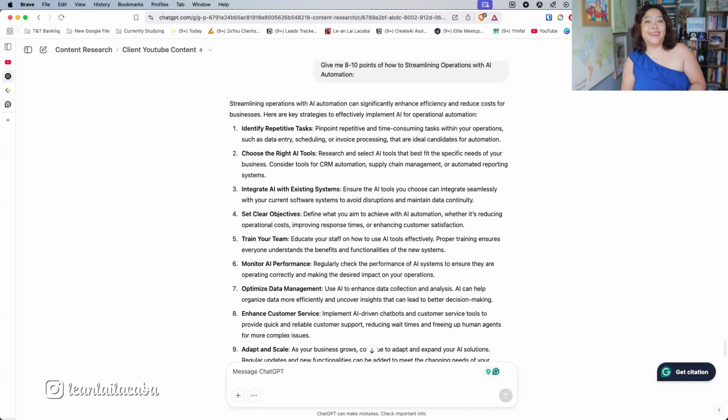Next step is to record the video, which honestly I don't have any plans of replacing myself on video with AI. So I'm still doing that with the camera, with me facing on my window, with my office in the background. That's still all me. Afterwards is the editing.